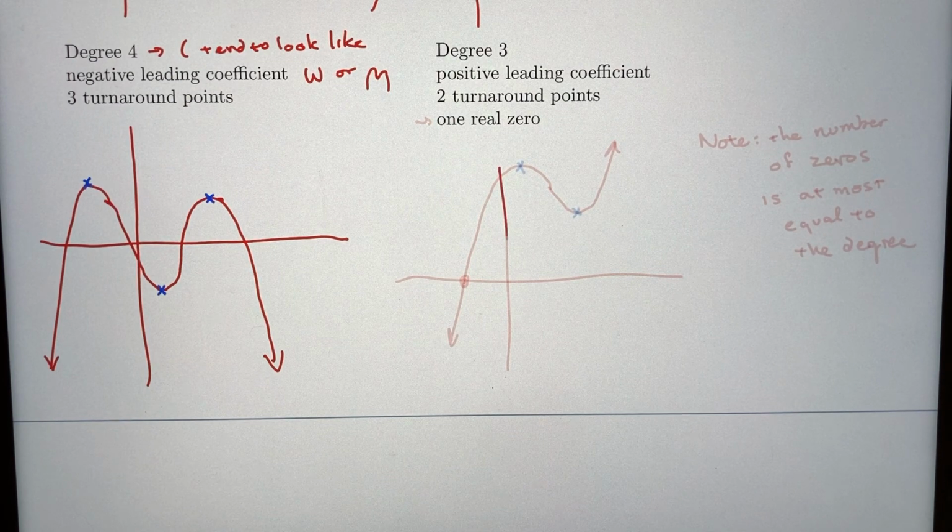Degree 3, positive, 2 turnaround points, that's the normal thing. So I start from the top. If I only want it to cross and have 1 real zero, then I need to make sure I don't bounce down below. So 2 turnaround points, only 1 zero. Okay, so